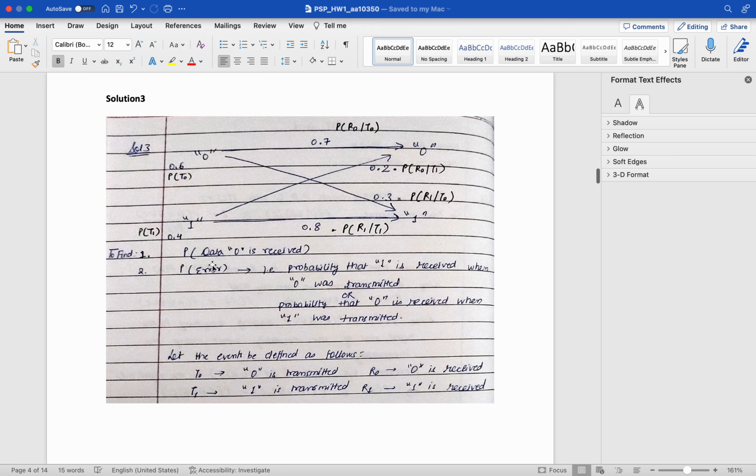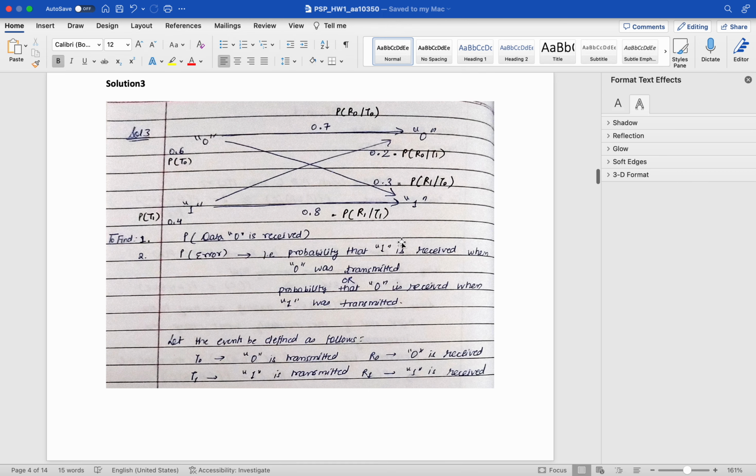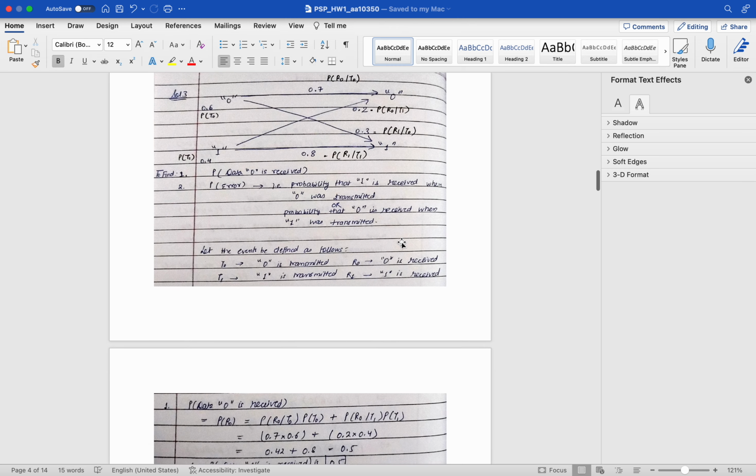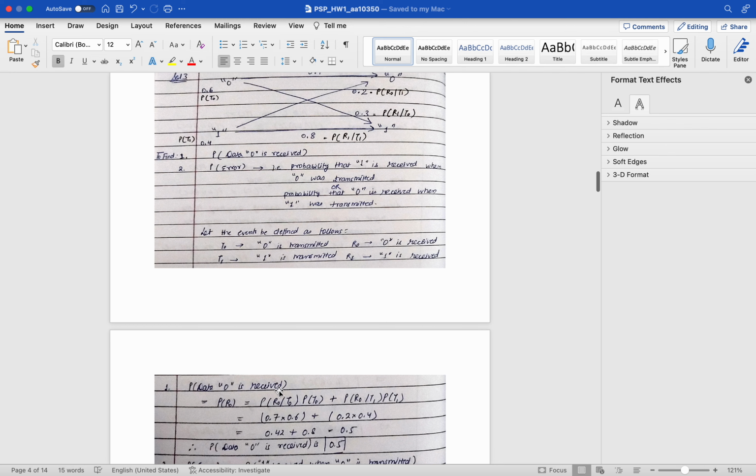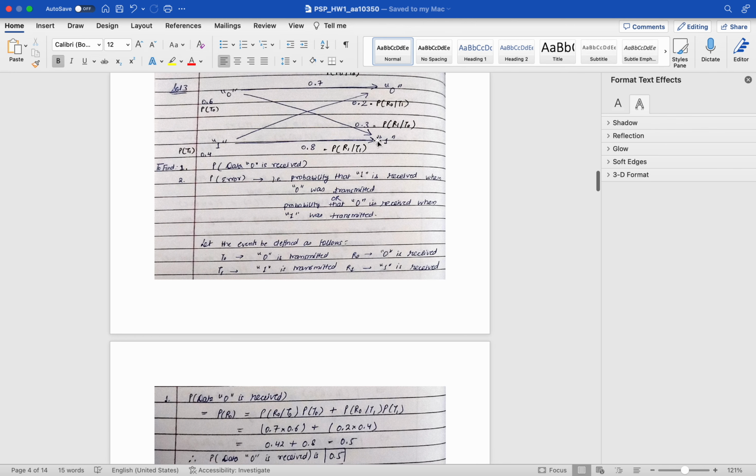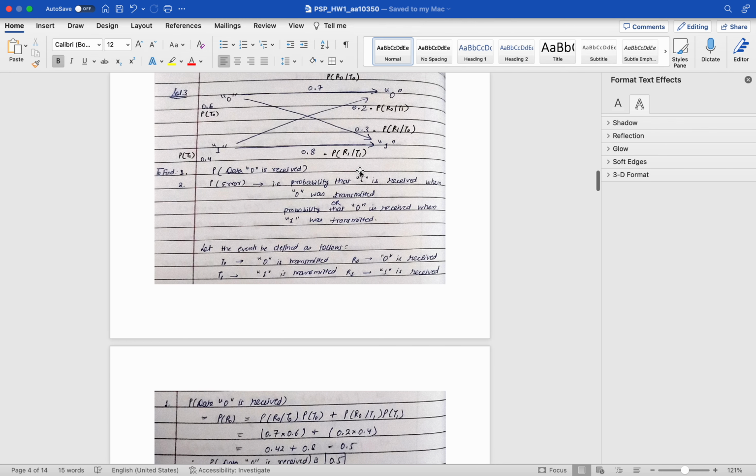Now for the first part we need to find the probability that data 0 is received. So data 0 can be received in two scenarios. The first scenario is we send data 0 and we receive data 0 itself. The second scenario is we send data 1 but we receive data as 0. So we will consider these two scenarios to find out the probability that data 0 is received. Now this can be written as